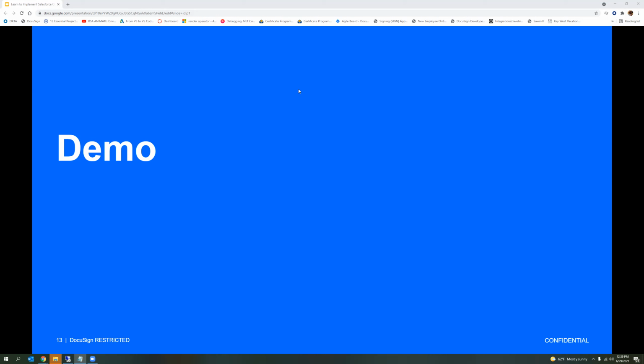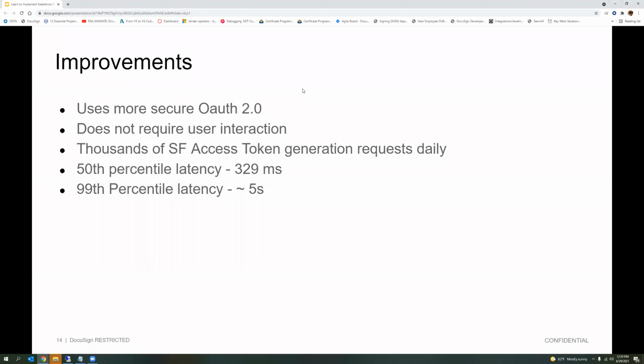So I hope this demo was useful. So what are the improvements which we have seen? Of course, in order to aspire for more security, OAuth 2.0 is the protocol which is being used. Facebook and Google and a lot of other established companies use this as well. It does not require user interaction. If you see, the admin has to do certain tasks at the start where he has to set up the connected app and upload the password, and after that, the non-admin user, all they have to do is provide the consent once, and that's it. There is no interaction required in any case.